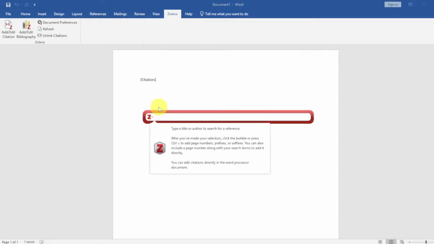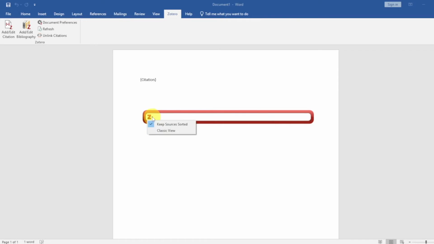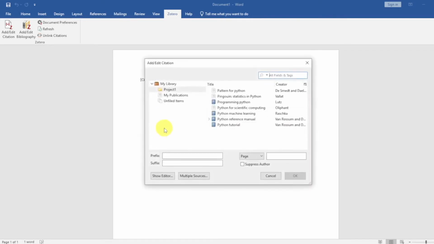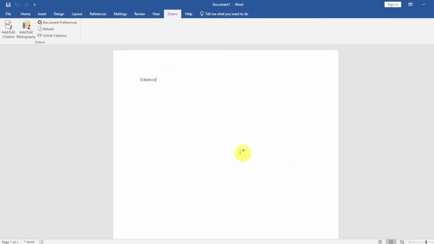Now you will get a red rectangle. Click on the red Zotero icon and choose Classic View. You will get an Add/Edit Citation window. Select the citation that you want. Click on the OK button. Zotero will automatically format the citation according to your selected citation format and place the citation at the location of